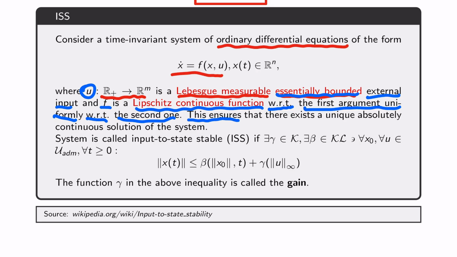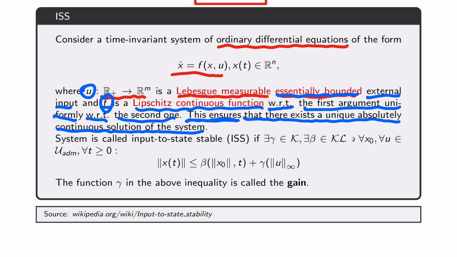So these are the properties that u and f need to satisfy, and they ensure that there exists a unique, absolutely continuous solution of the system. So, existence and uniqueness stuff has to do with that. I know this is an informal way of making that statement, but let's go with that. The system is called input-to-state stable, ISS,